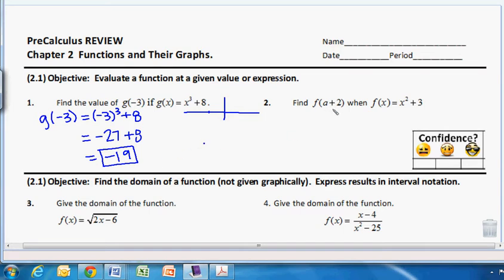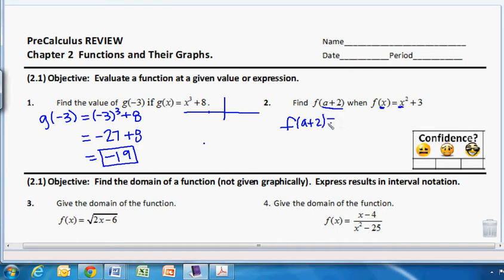Now in this case, we're not given a certain number, but we're given a variable and a number. So again, this is still acting as if this was f of x, but right now it's a plus 2. So instead of x, we need to plug in a plus 2. Okay, so f of a plus 2